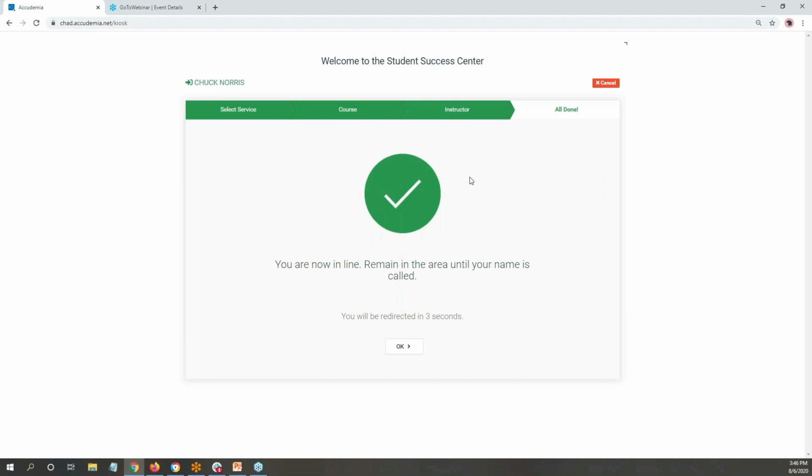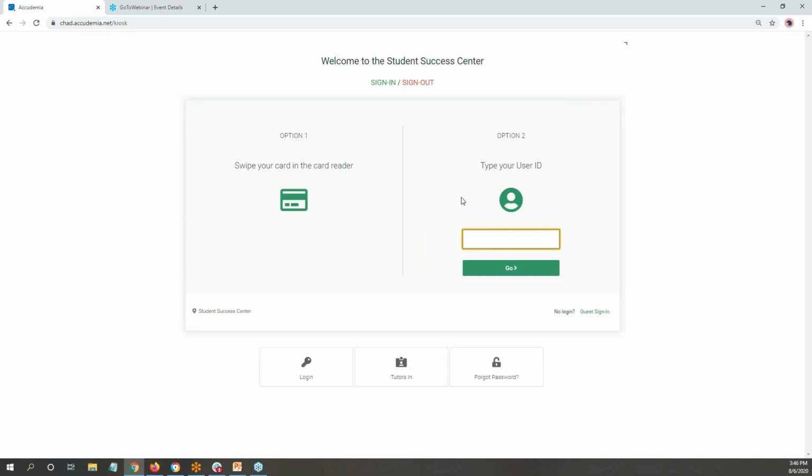And because I have that waiting queue turned on, it has now put the student in the waiting queue. So the waiting queue can actually work for virtual sessions or even face-to-face. So if you are doing a lot of face-to-face and you don't have enough available staff, I can put the students on the waiting queue